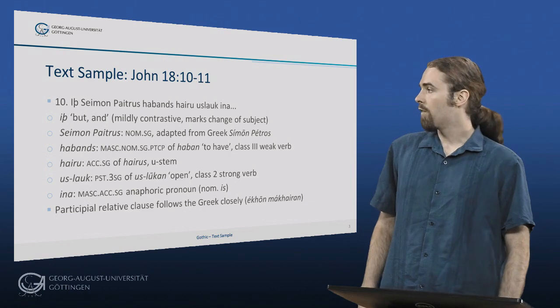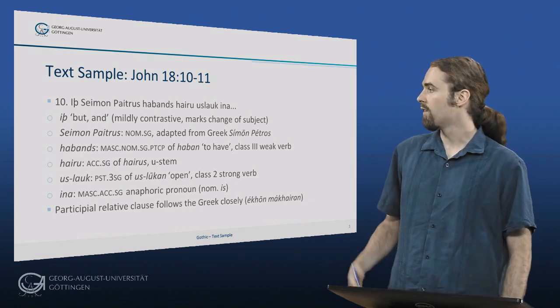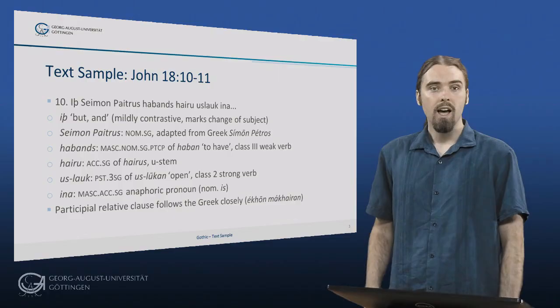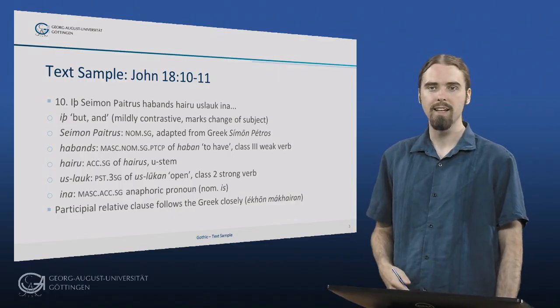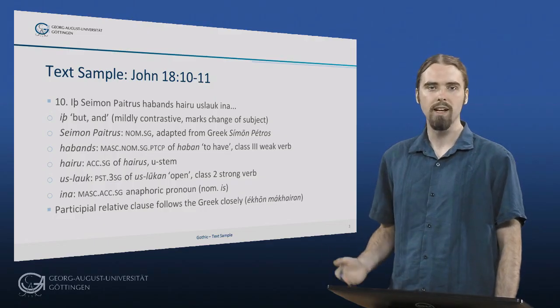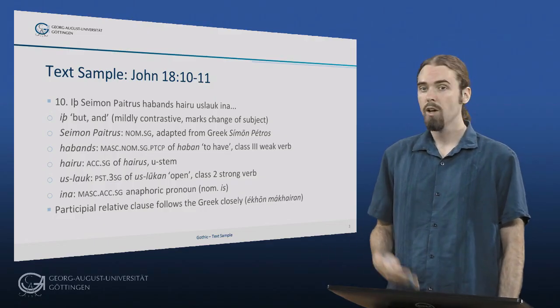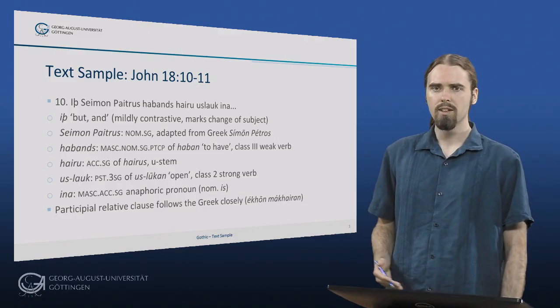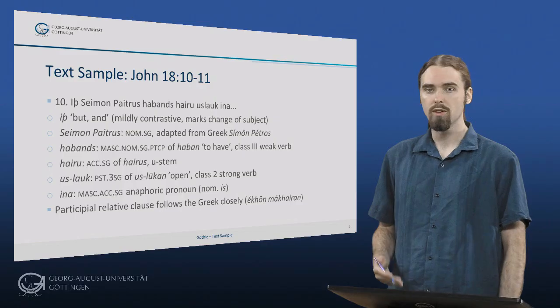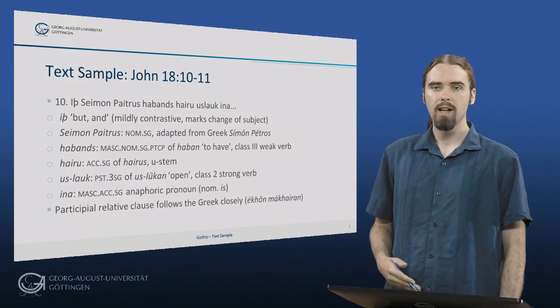We start out with our first bit, ith Simon Petrus havans heru uslok ina. Ith is a conjunction. It is often mildly contrastive and translated as but, it can also be a more neutral connective, just indicating a change of subject, which is its function in this case. Simon Petrus is clearly a borrowed name, and Petrus, like many non-Gothic names, has been adopted into the Gothic as